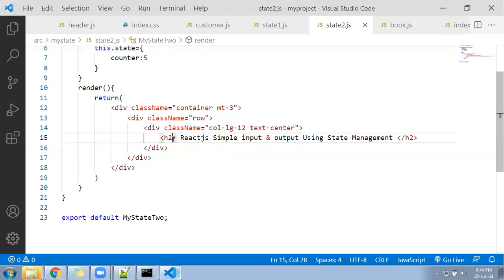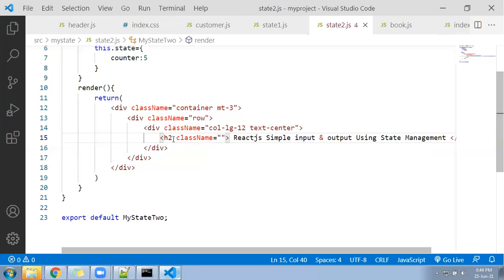Okay, this text, if you want, you can change by adding className equal to text-info.